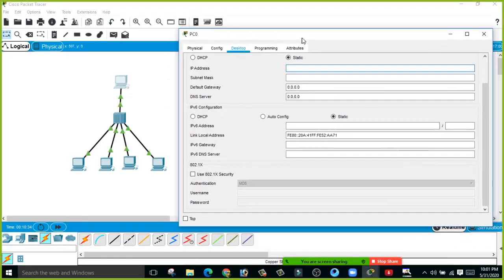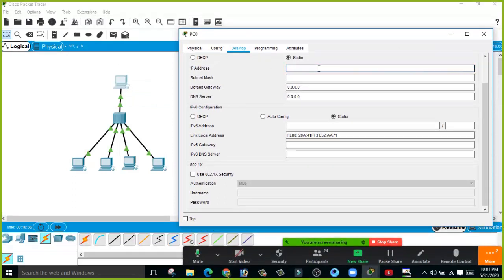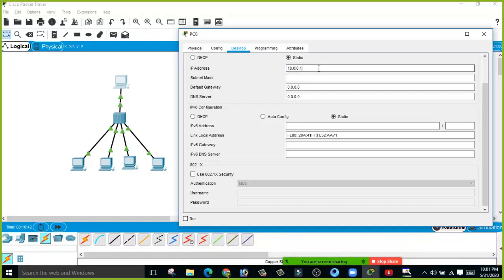Okay, done. Now here we can add the IP address. For example, let's add a class A address, that is 10.0.0.1, and its default subnet mask is 255.0.0.0.